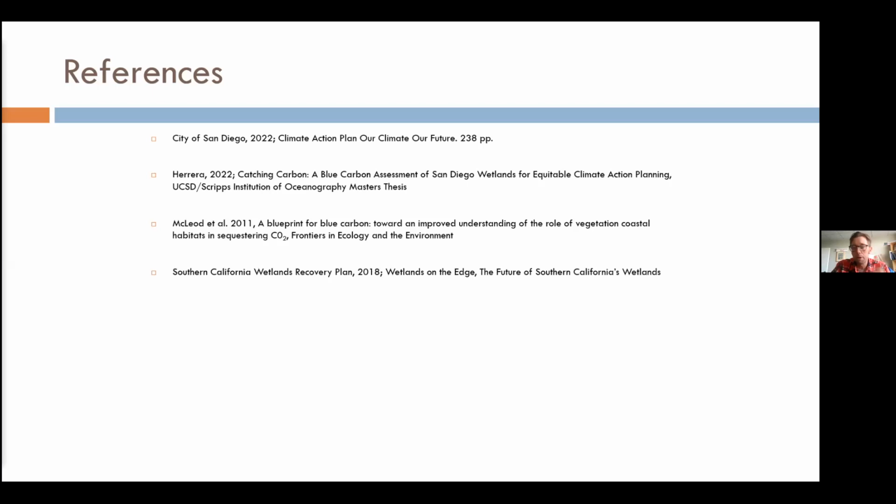But with more research, Scripps and UCSD are the ones partnering on the work in Kendall Frost Marsh. Wild Coast is also super involved in that. The more we can get some local examples, the more we can say, hey, these kinds of habitats have value. Here's what that value is. And now we can put it right into our quantification method. So we need that, definitely.